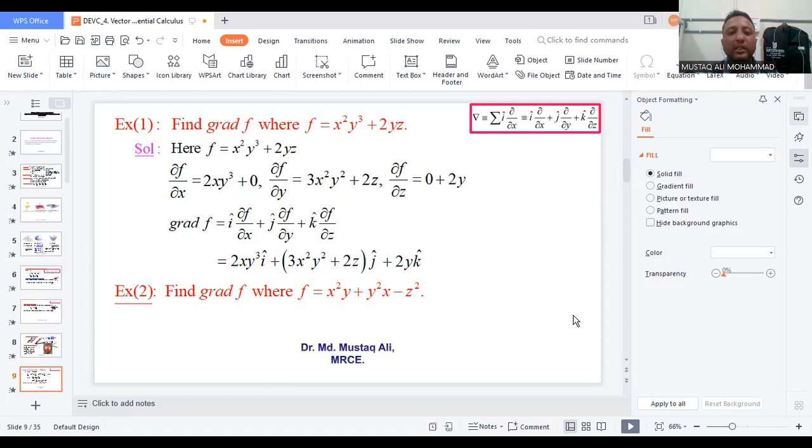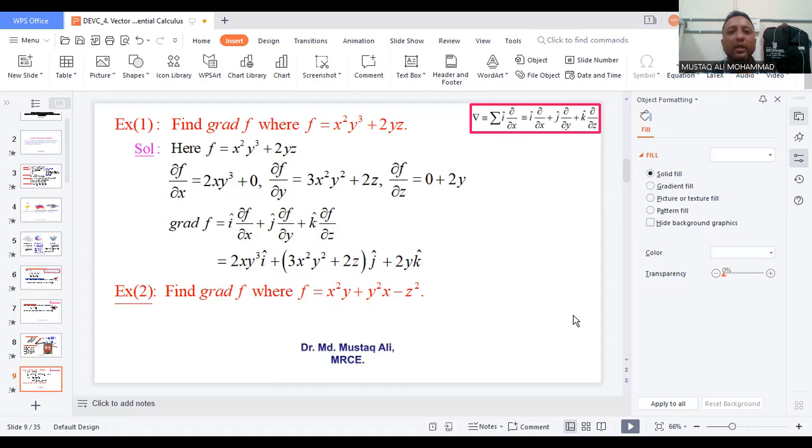Similarly, dou f by dou z is obtained as 2y. First term x square y cube is constant, constant derivative 0. 2y constant into z derivative 1. So 2y. Grad f equal to, as we know the formula, i bar dou f by dou x plus